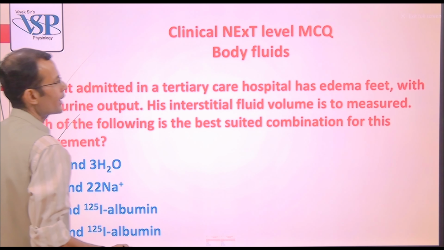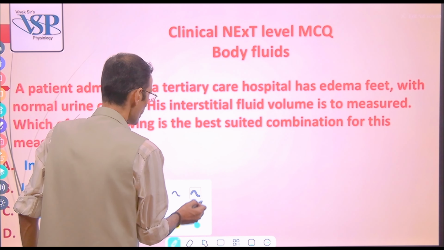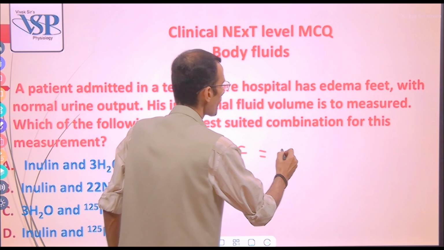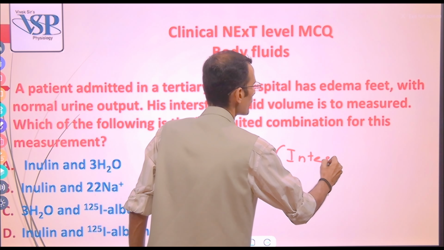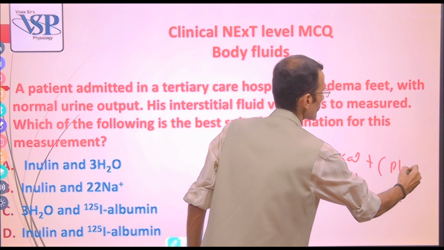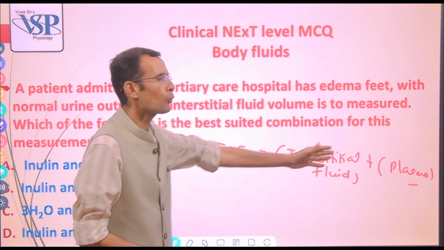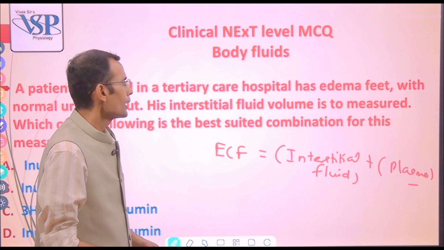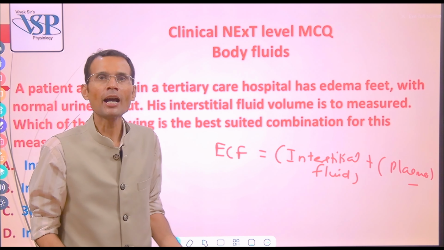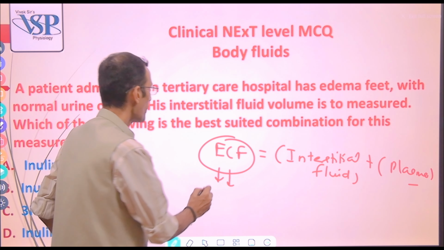ECF, extracellular fluid, is made up of two volumes. ECF is equal to interstitial fluid plus plasma, right? 3/4 of ECF is interstitial fluid and 1/4 is plasma. Okay, so it's simple. If you know any two of these three, then the third can be calculated. So ECF volume can be measured by using inulin,